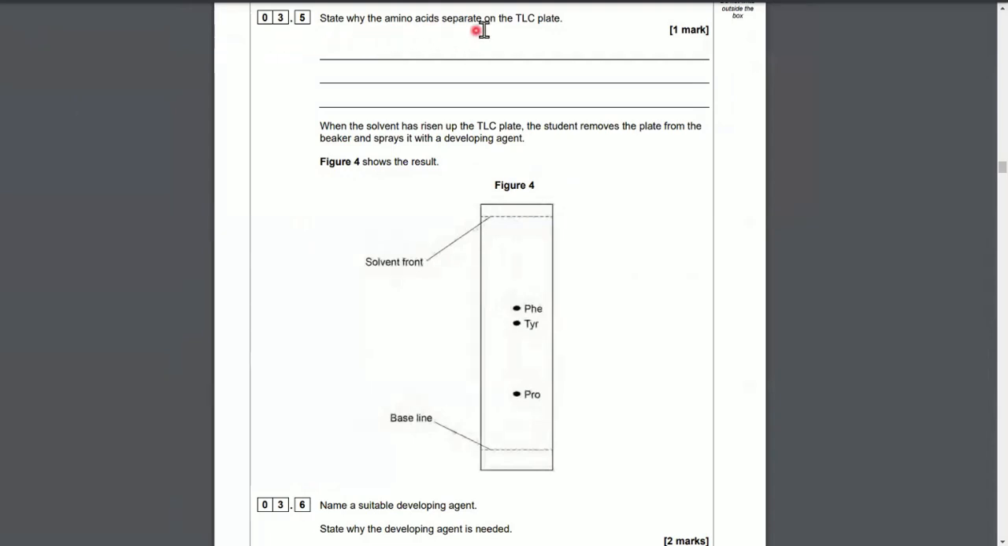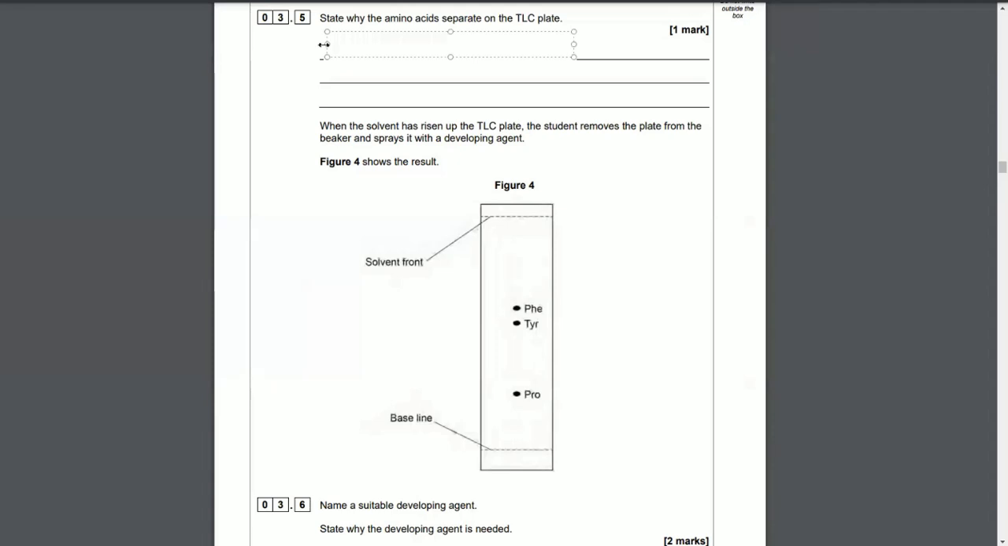3.5, state why the amino acids separate on the TLC plate. So why is it that proline, tyrosine, and phenylalanine actually separate? It's to do with the mobile phase and the stationary phase. So, for example, proline has a relative greater attraction to the stationary phase than it does attraction to the mobile phase than phenylalanine. Hence why proline has spent a greater amount of its time retained on the stationary phase than